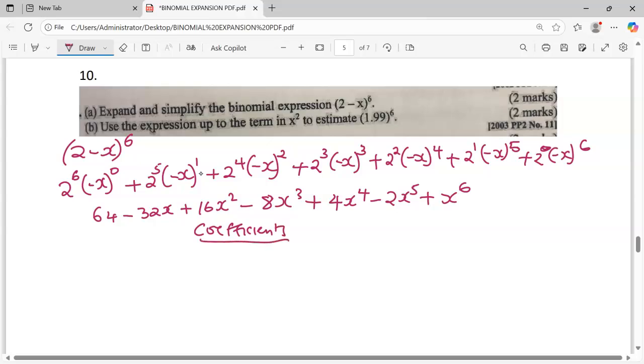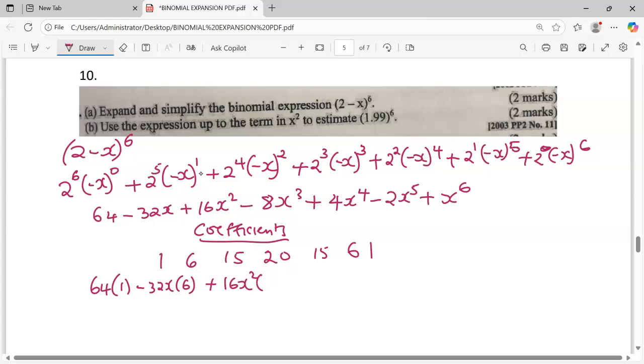Then from there we move to the coefficients. The coefficients of power 6 will be 1, 6, 15, 20, 15, then 6, 1. After that, now we multiply back the coefficients. We are going to take 64, we multiply by 1, minus 32x, we multiply by 6, plus 16x squared, we multiply by